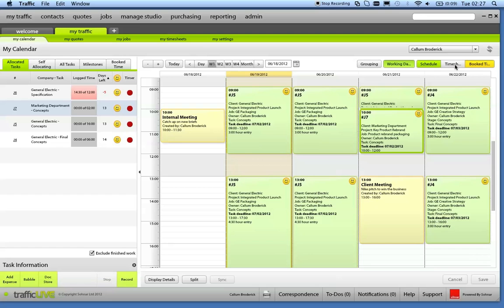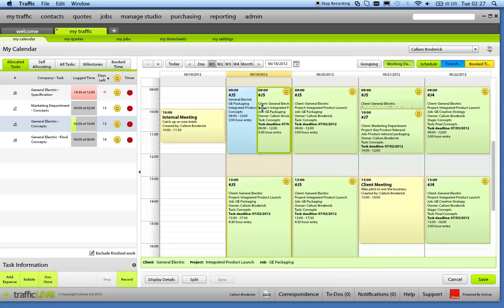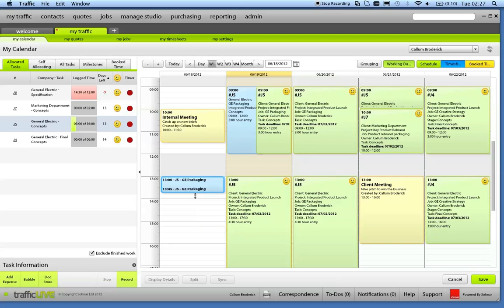Now, doing a timesheet is as simple as, if I've been allocated something to do, double-clicking on it. As soon as I double-click on it, I can see here on the left-hand side, I'm burning my time of that task directly. Alternatively, I could have just grabbed the task and simply dragged that on. The defaults